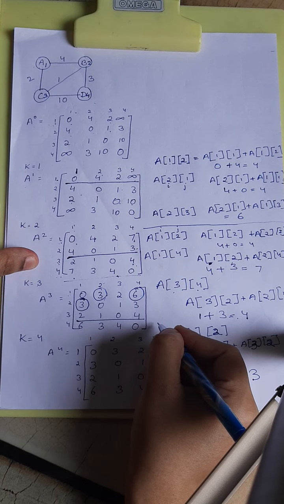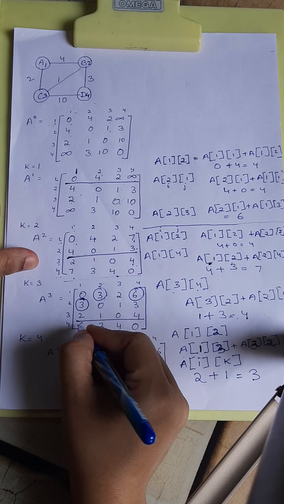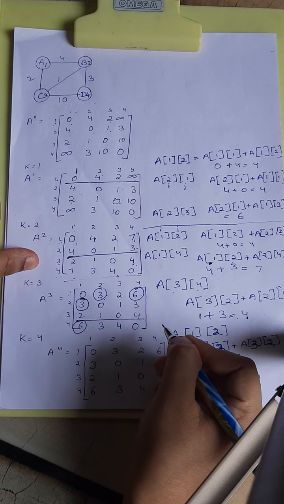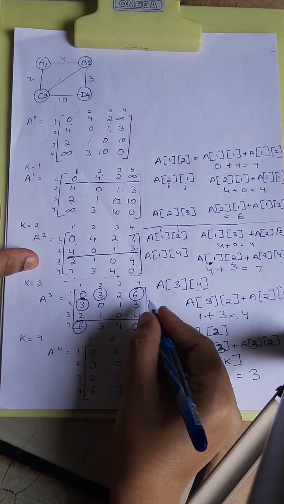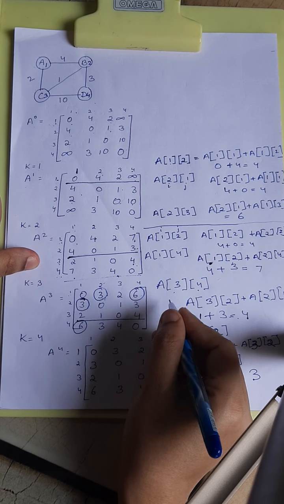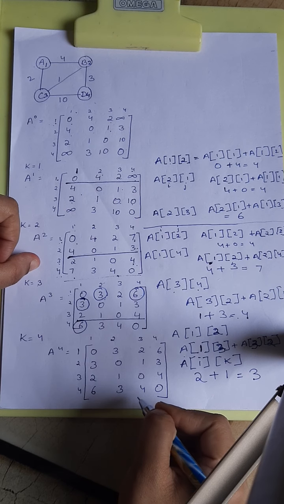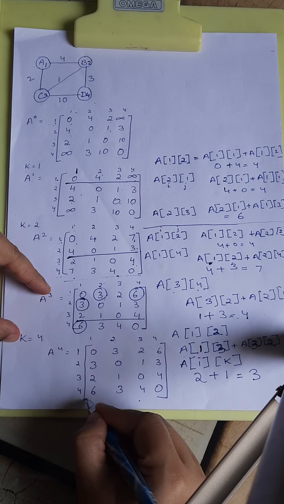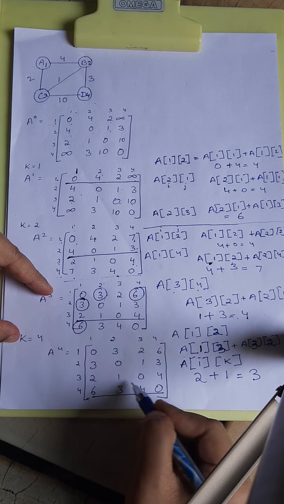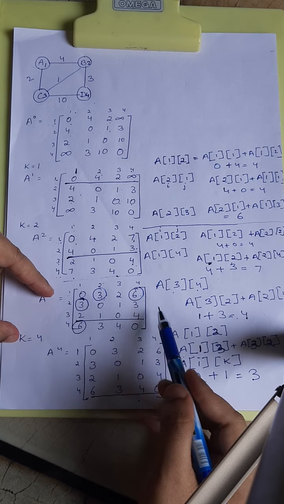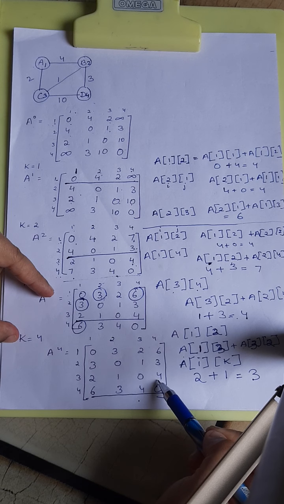Then third row will remain untouched. In the fourth row, here you will get the less value. So all these values will be changed. Then we'll do the same procedure for k equals to 4. In this, the value will remain untouched. We'll check for the rest of the values. You can see that all the rest of the values are same as it is.